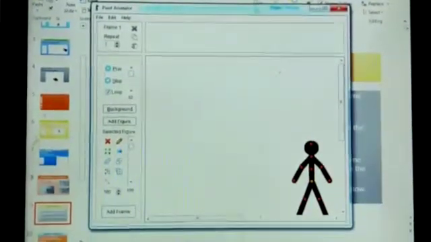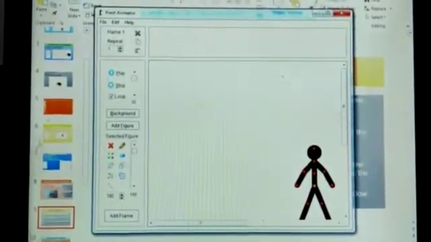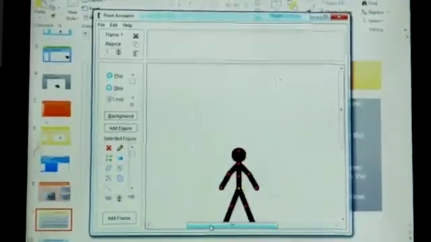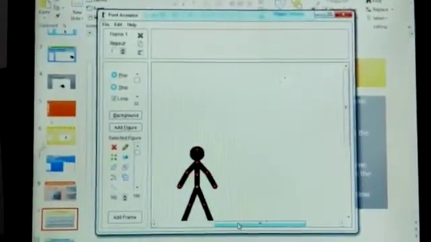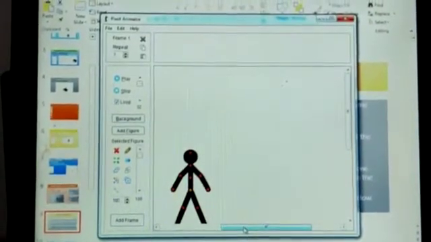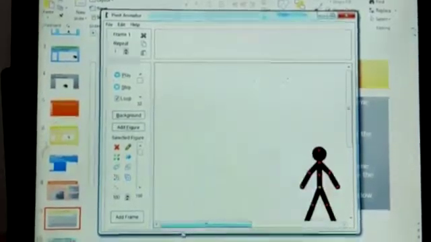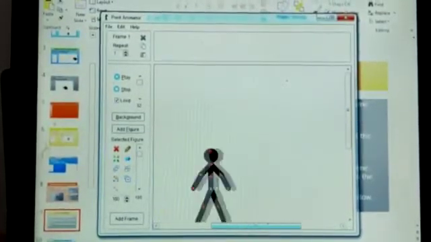Now here, the scroll bar underneath the frames can be used to view part of the animation. This is the scroll bar which is present underneath the frames. It is used to view part of the animation if the number of frames exceeds the width of the window. If there are many frames, you can use this scroll bar to view them.